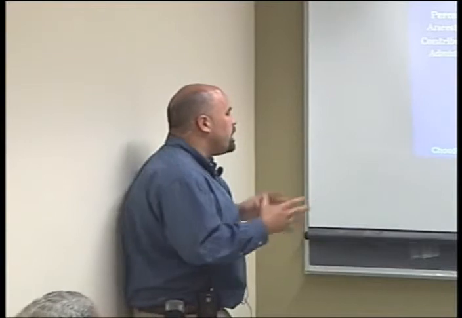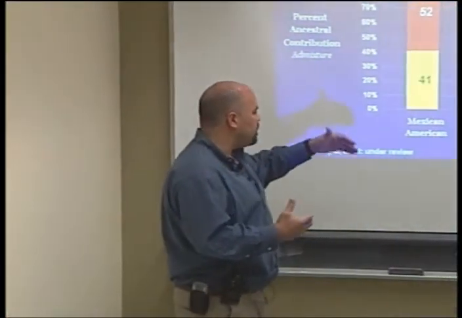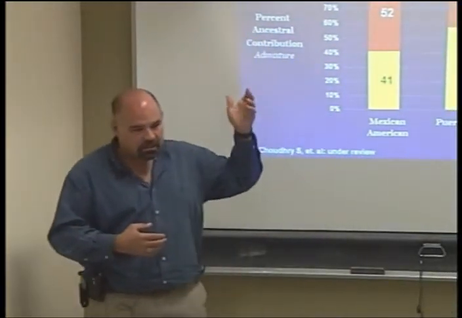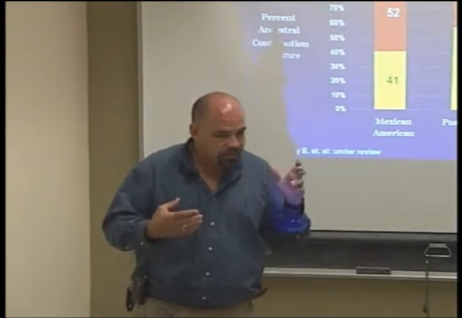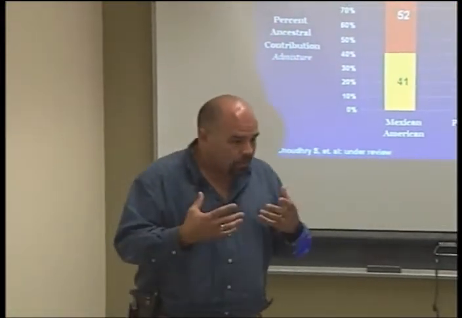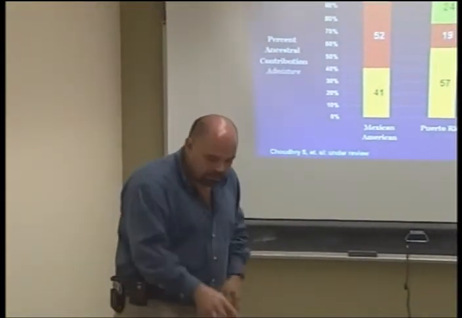Now, that in itself has a whole bag of stuff. But we estimated the ancestry of our Mexicans and Puerto Ricans, and the colors represent the proportion of genes that have derived from either African, Native American, or European. Yellow is European, red is Native American, green is African. And what you see is Mexicans and Puerto Ricans are derived of three ancestral populations, but the relative proportions differ, thus making them genetically distinct.